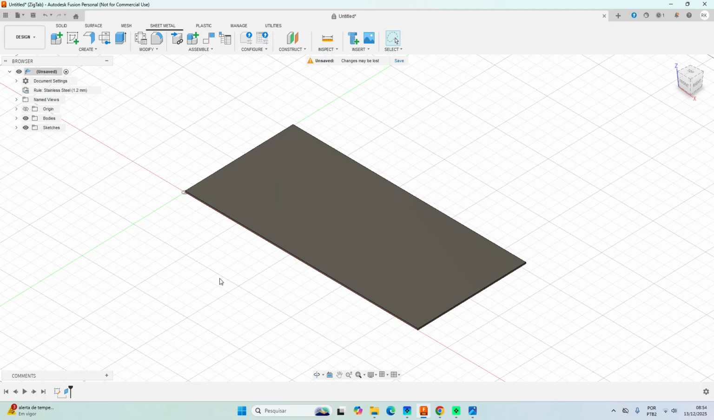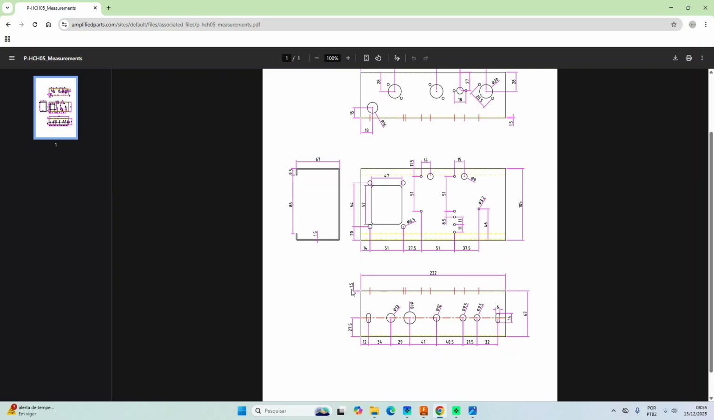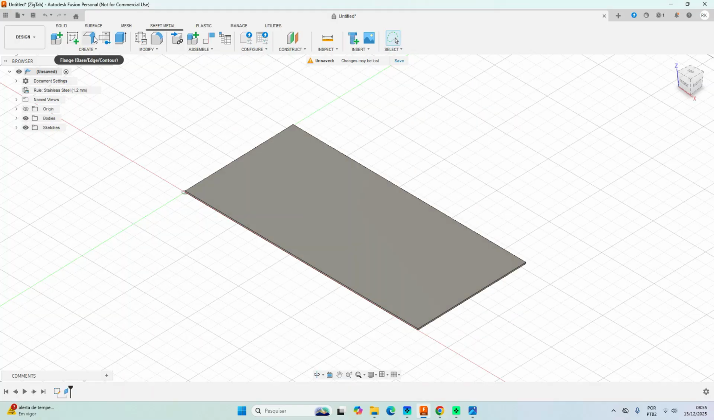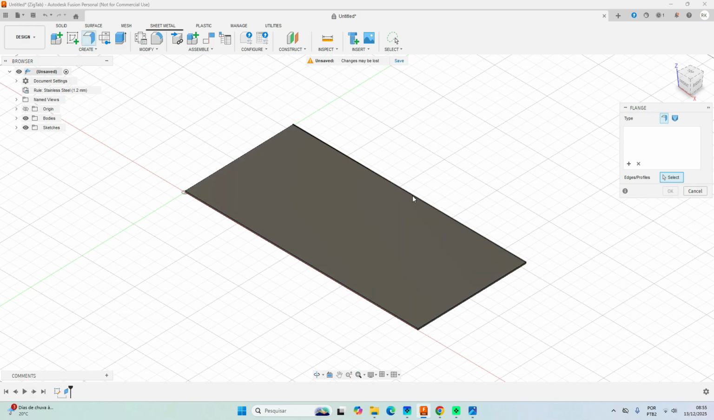So the first flanges we're going to do are those front and back flanges, and we have to go back to our drawing and get the dimensions from there. So it is 67 millimeters. Okay, so going back to Fusion, we just go here in flange, we just click on the